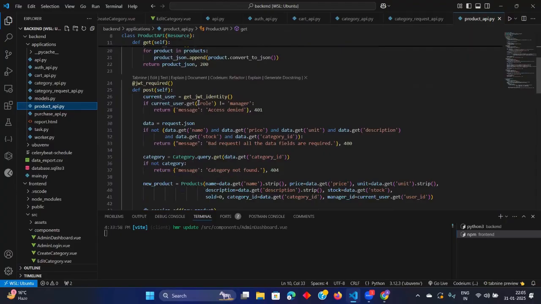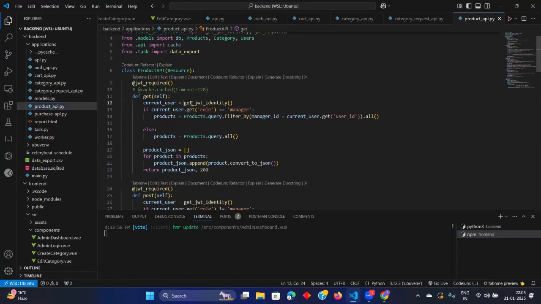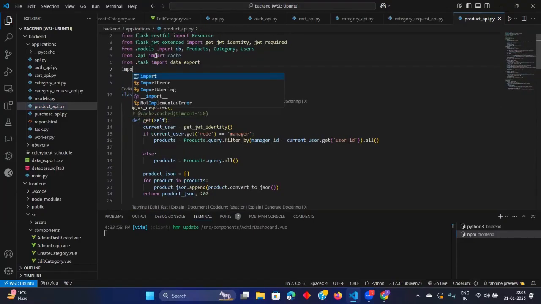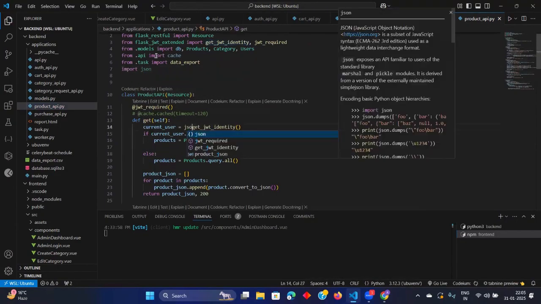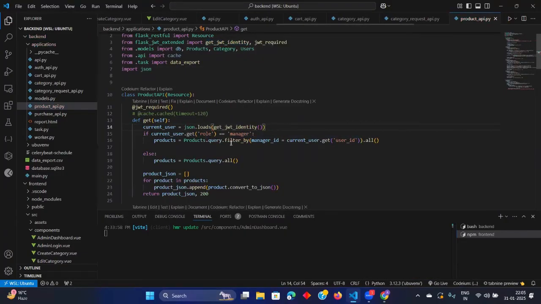Okay. Then we have this post API. Okay, this thing you have to edit. Import JSON, JSON.loads. Okay. Now what it is doing, it is just checking whether the user role is manager or not, and then getting its user ID, then showcasing the products created by the manager.